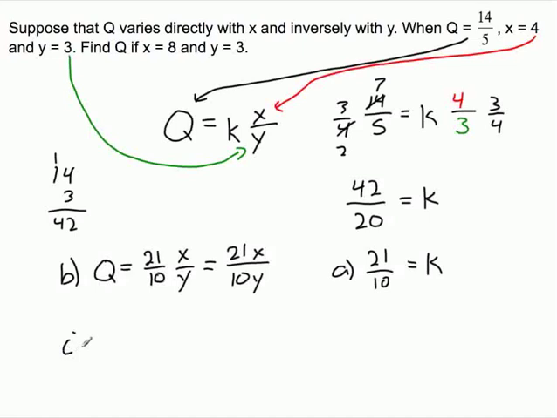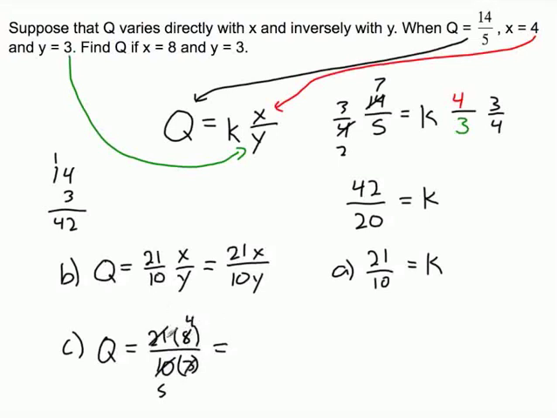C, we're trying to find this value q when x is 8 and y is 3. So all we got to do is plug this into the function. So q is the same thing as 21 times x, which is 8, over 10 times y, which is 3. Now, 10 and 8 are both divisible by 2. And 3 and 21 are both divisible by 3. So 7 times 4 is 28 over